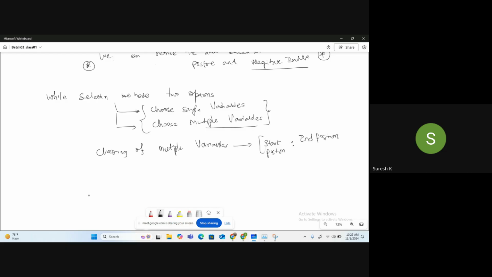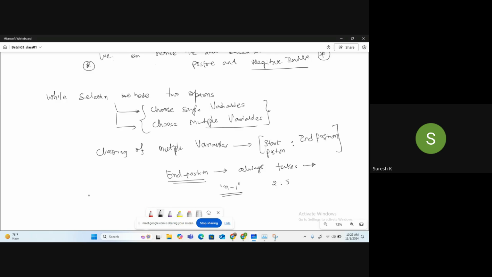The end position always takes n-1. What do you mean by this? You want to retrieve 2 to 5.